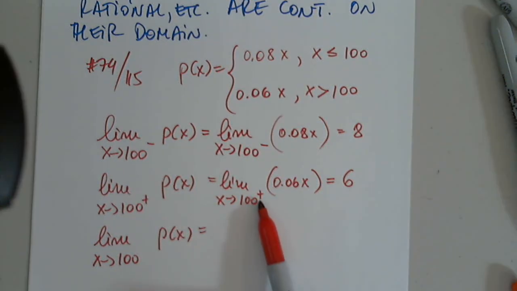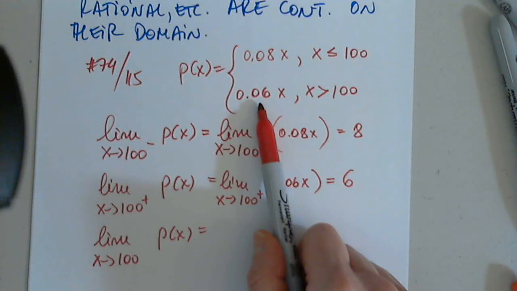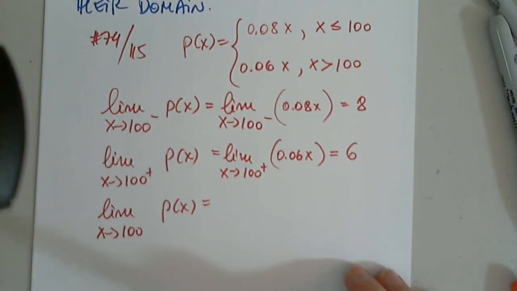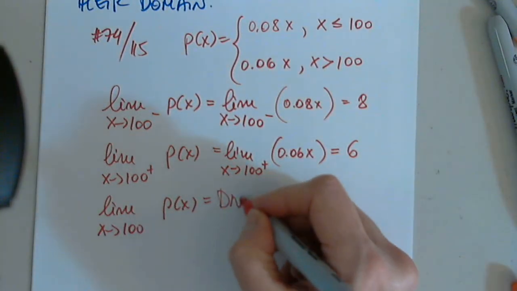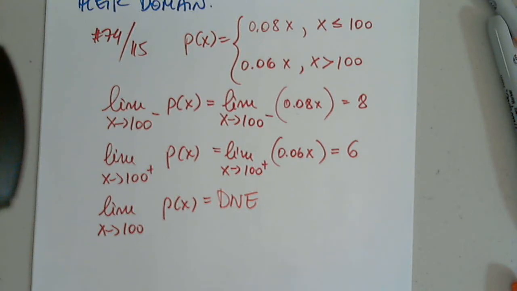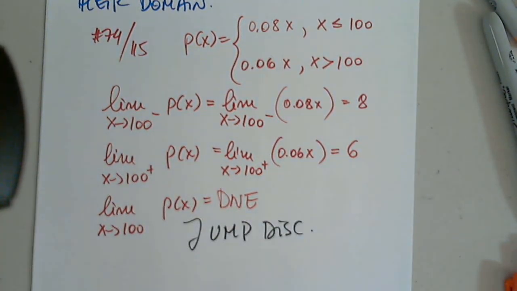It's okay. It's 100 from the right. I see. I have to use this function. So what is the limit from either side? Does not exist since they're different. Very good. What type of discontinuity is this? Is it jump? Thank you very much. Jump discontinuity. On one side we have 8,